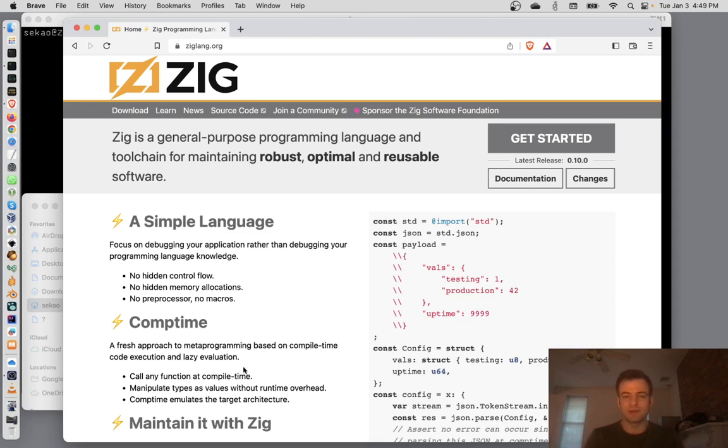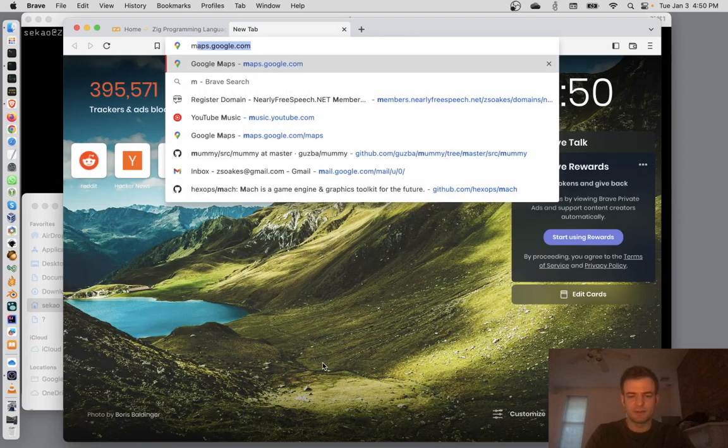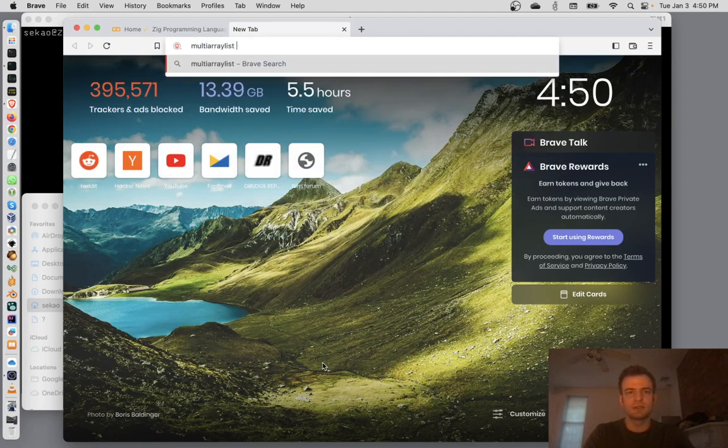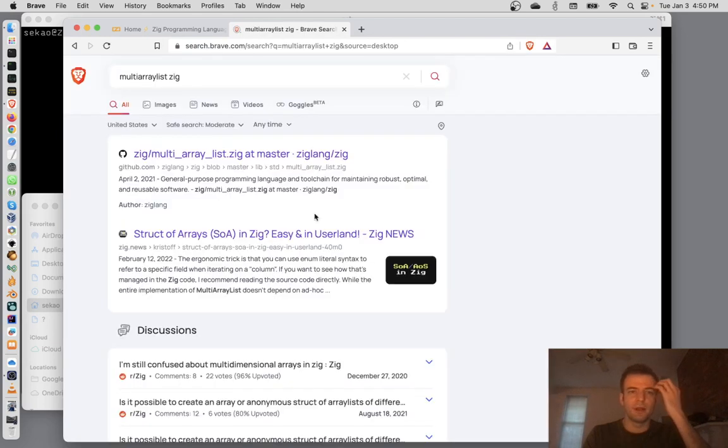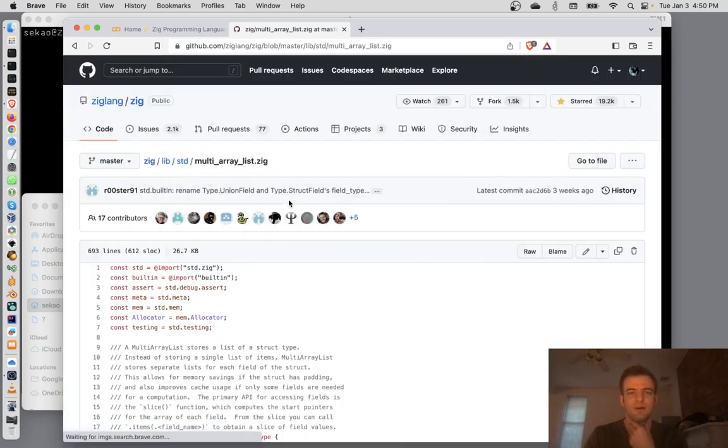It's not just compile time function execution. You can do some interesting stuff like iterating over the fields of a struct and so on. You can do some powerful stuff. They've got this mechanism, what is it called? MultiArrayList. I don't know if it's going to come up, but it's kind of a showcase of how powerful the comptime system is,